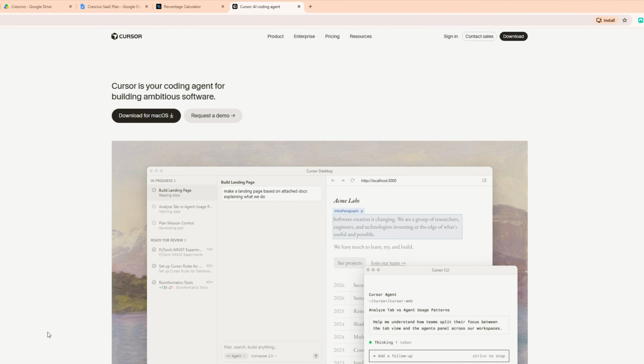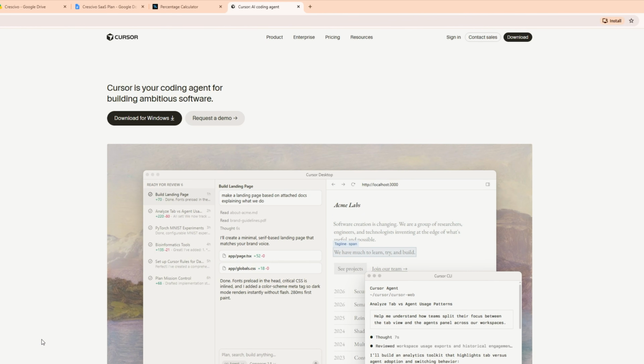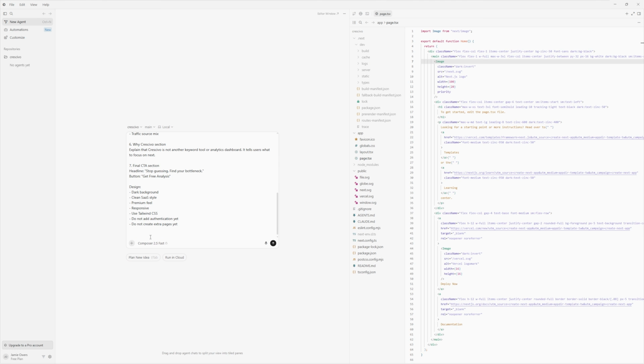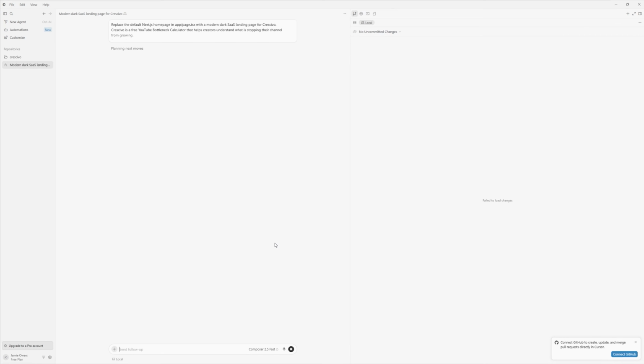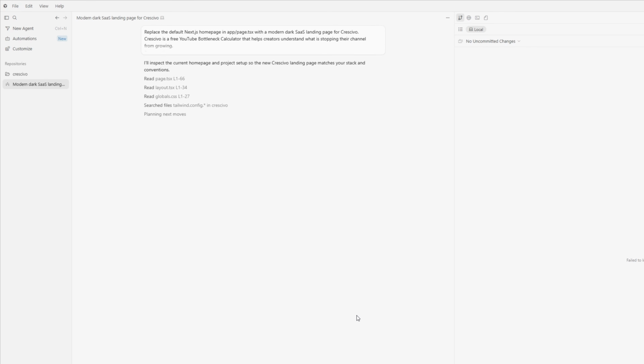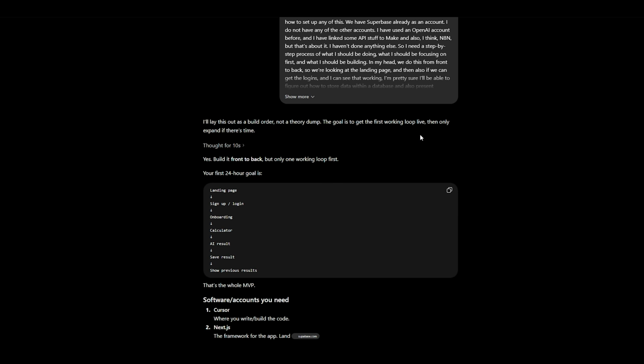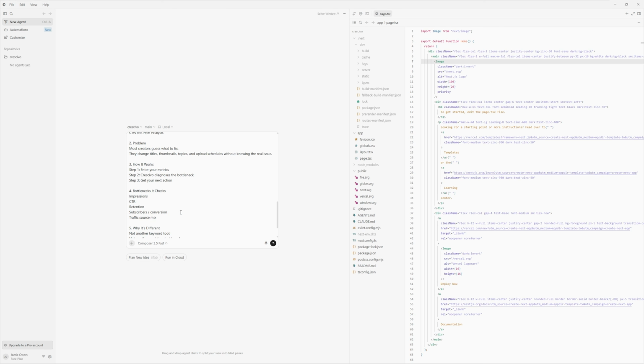The first and main tool I will be using is Cursor. Cursor is a code editor with AI built in. You describe what you want, it writes the code. I'd seen people use it online, but I had no idea how fast it actually was. My workflow from this point was quite simple. Share the idea with ChatGPT, get it turned into a prompt, feed that prompt into Cursor.